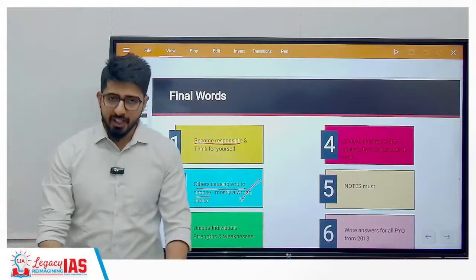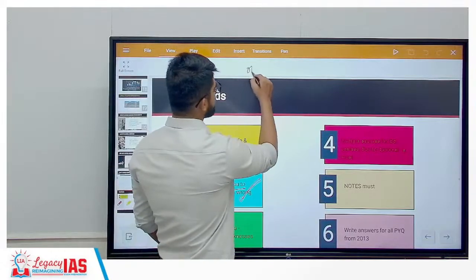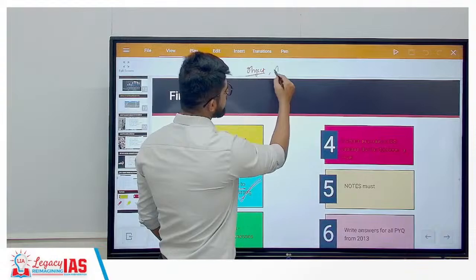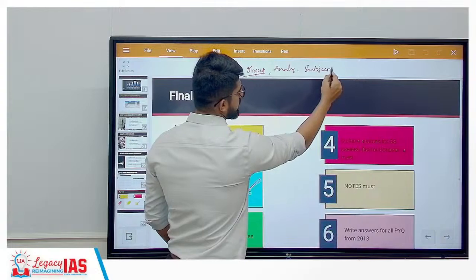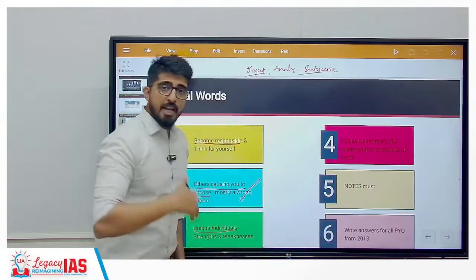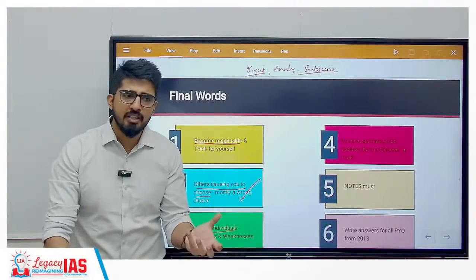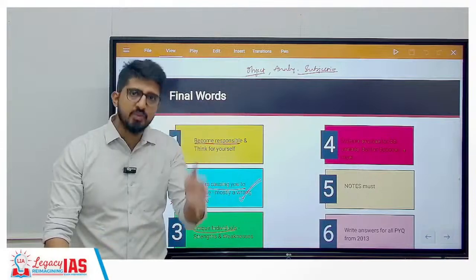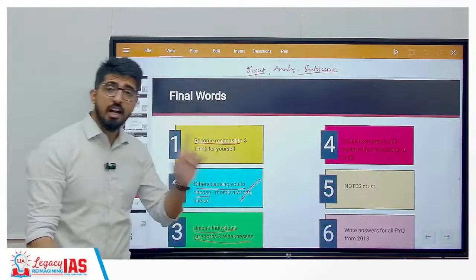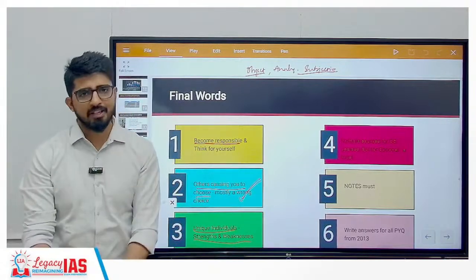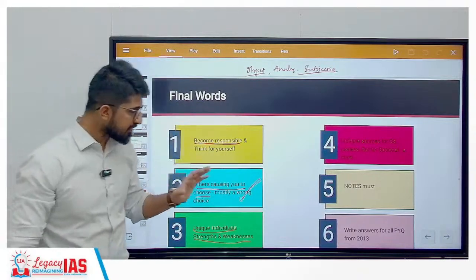Every person is unique, right? Every individual is unique. Some people are objective thinkers, some are analytical thinkers, some have a subjective bent of mind. Based on your strengths and weaknesses, some people are very good at drawing, some are very good at remembering the facts. You are supposed to choose an optional based on your strengths and weaknesses. You already know the nature of the subjects. I have already mentioned that. Next.